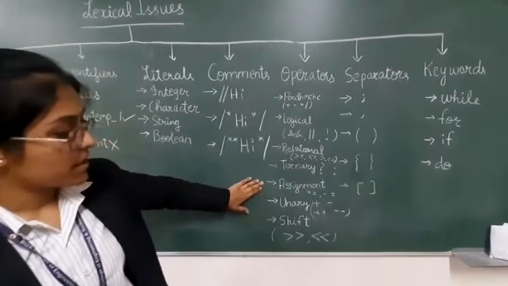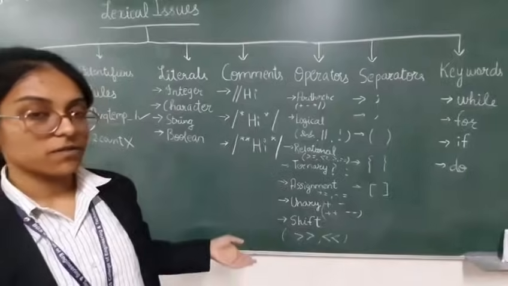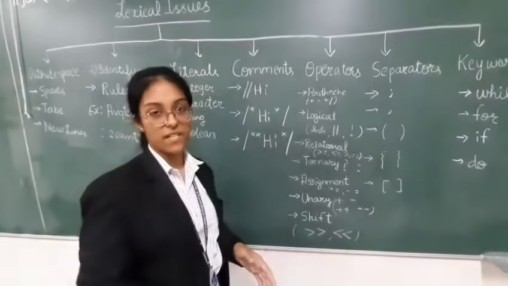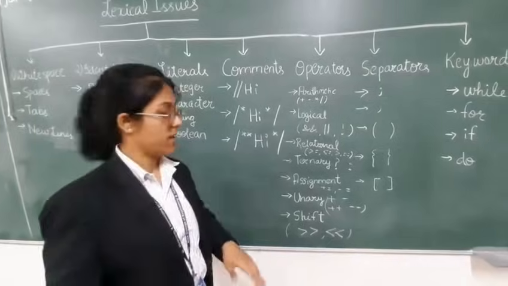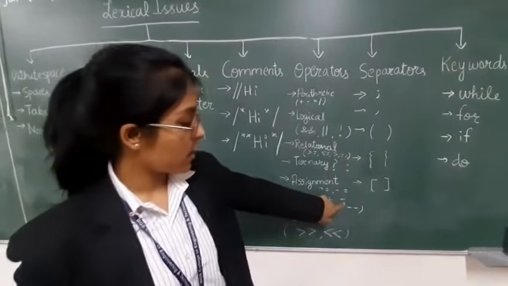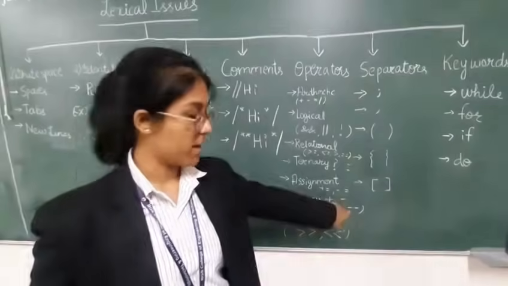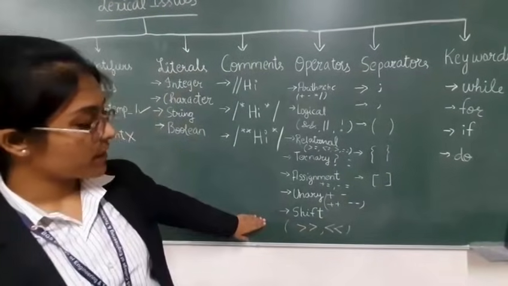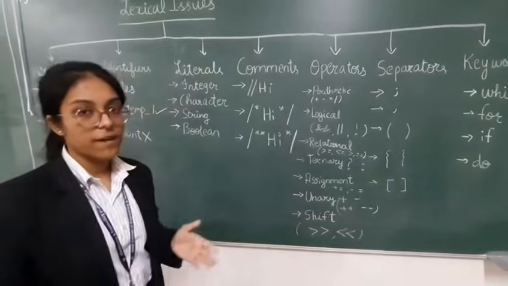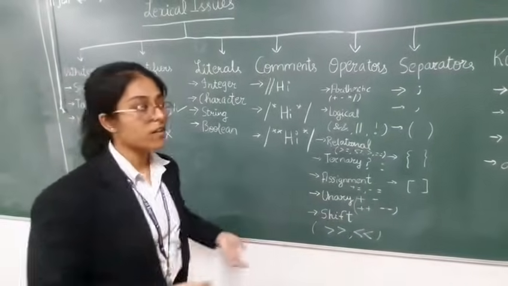If it is not true, that's false, it will go to the second case. Now we come to the assignment operator, that is again a shorthand form of writing the operators, like plus equals, the same as saying plus plus or i plus 1, like that. And unary will just be one operator, that is either plus or minus or plus plus or minus minus. We come to the shift operators, that is left shift and right shift, which is used to just shift the binary bits either to the left side or the right side.